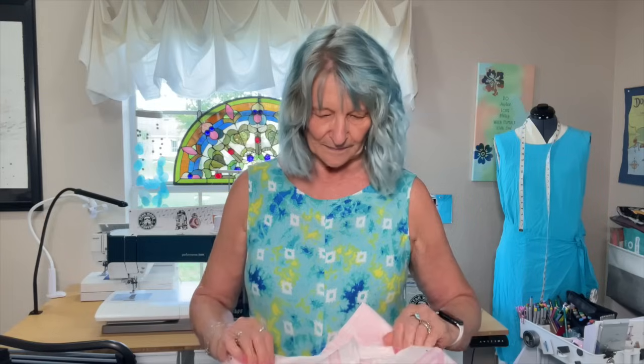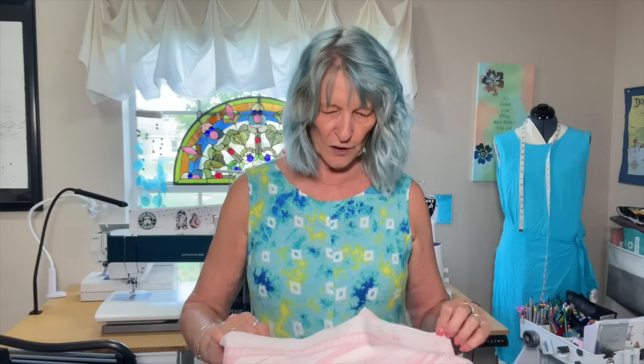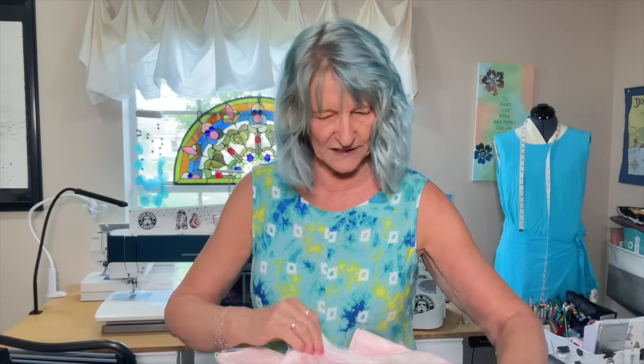Now these last two I got because I liked the print, but I have to tell you, they feel like home dec, and in fact they are. I looked it up. They are from a designer, and her name is Dorothy. I'm looking on the selvage to see if I can find it. Her name is Dorothy Draper, and she is well known as a home dec designer for